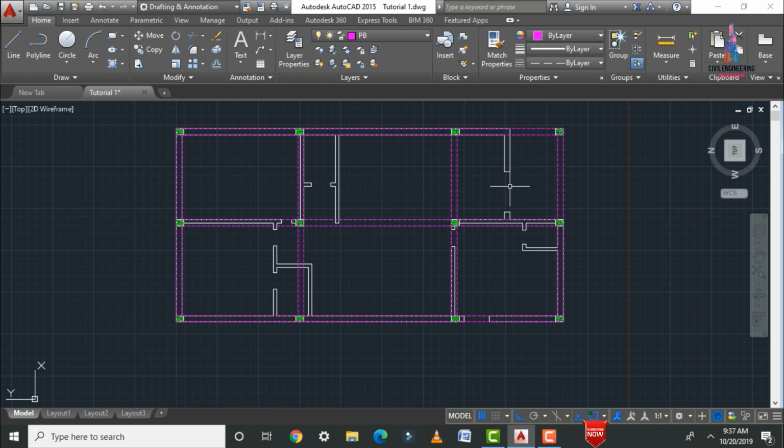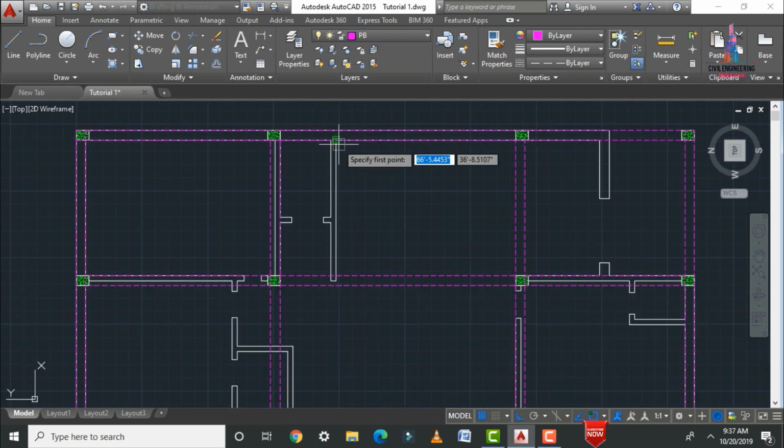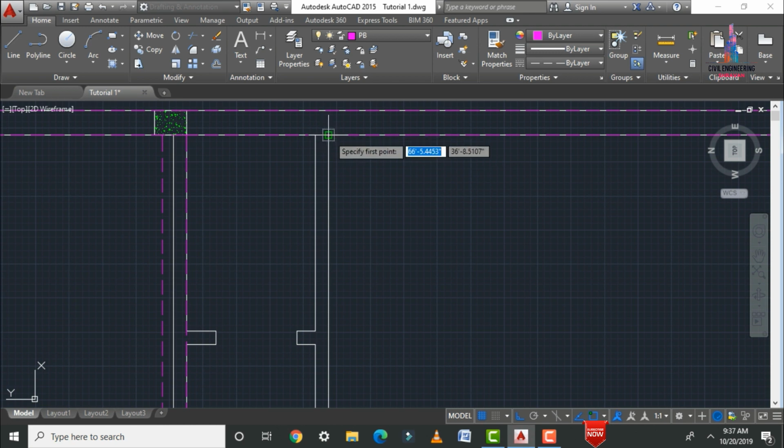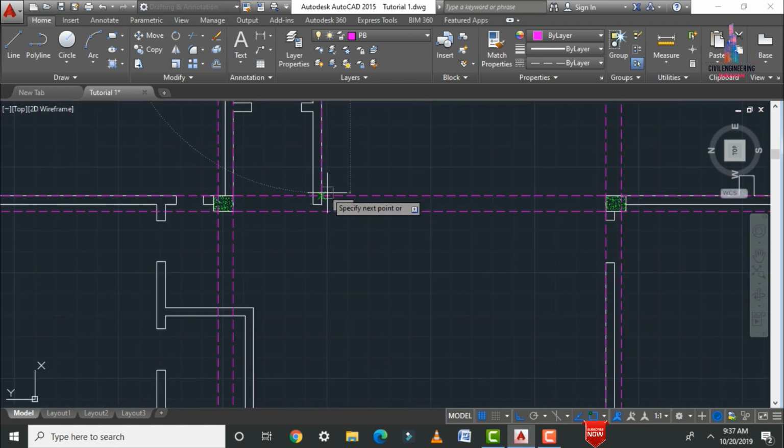Okay, so that is a plinth beam section. So it will be consisting of the washroom here like this, and it will be consisting of your respected washroom here like this, and this is the main walls for this respected section, and this is the puja room. So we need to apply the offset for this respected sections also, lines also. So L enter, so click on starting point at this respected position. So here I am selecting the second point.